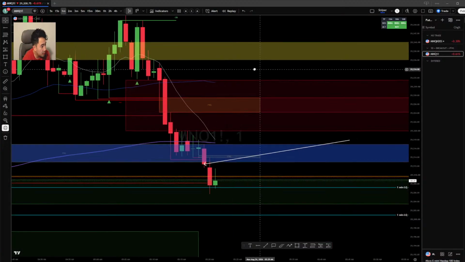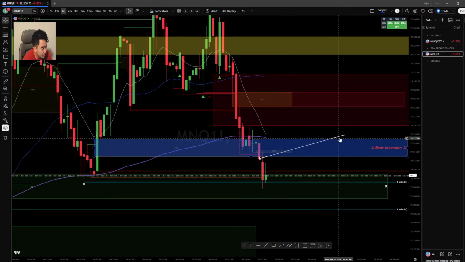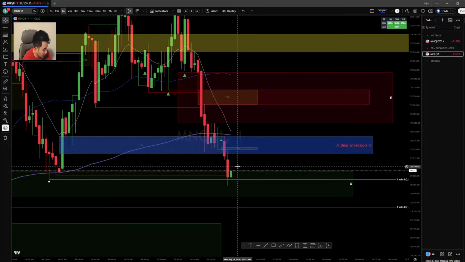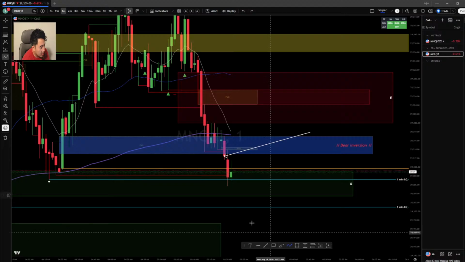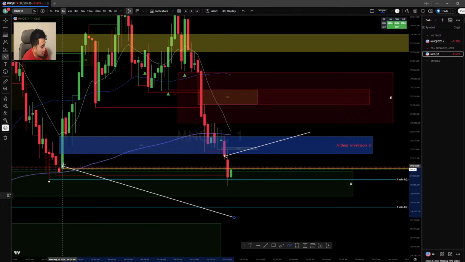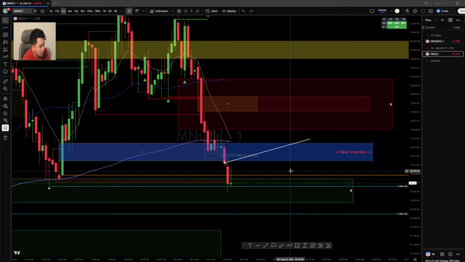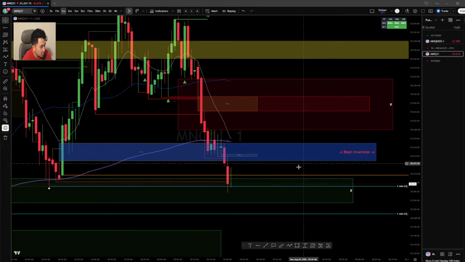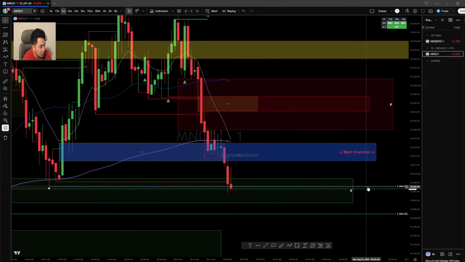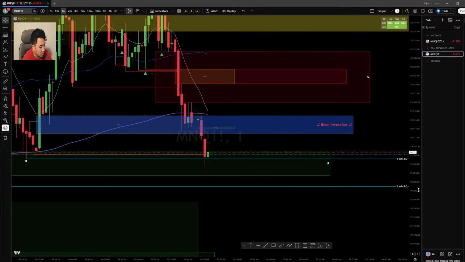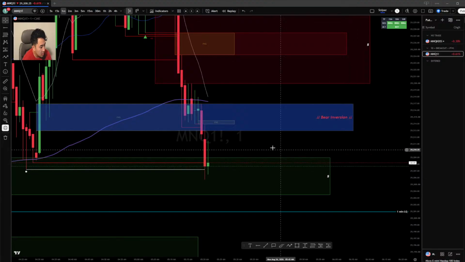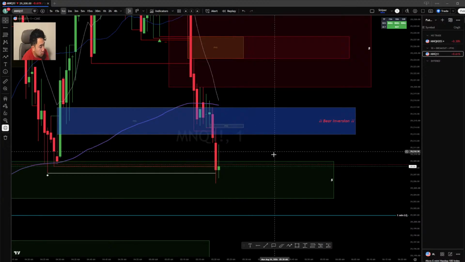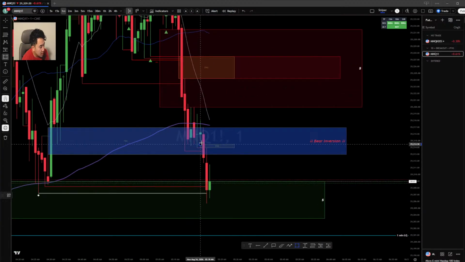Let's go on the 1 minute. Now, since this red candle body closed over this orange line, which is this candle body low that created this bullish gap, it's considered a really good bearish inversion zone to use now. Took out 1 minute liquidity. Just delete this here. There's a bearish gap here.